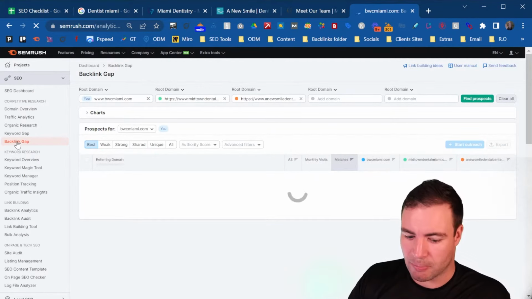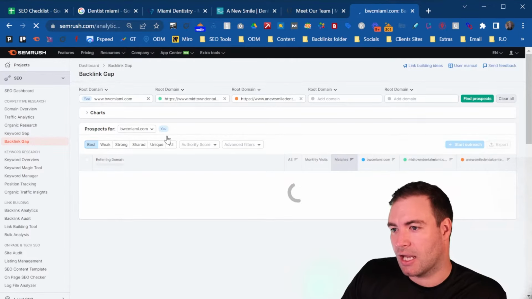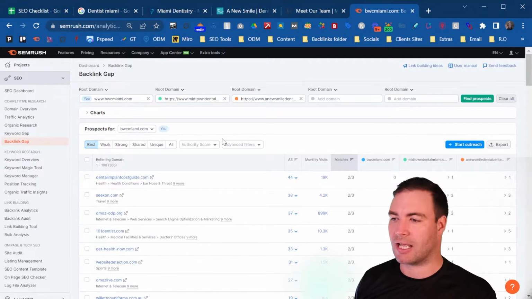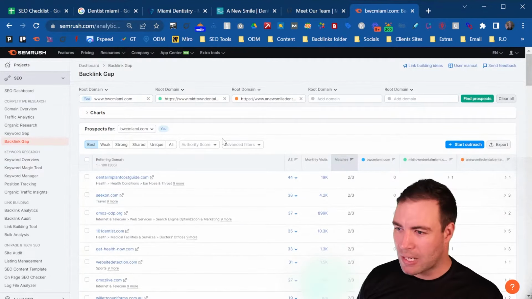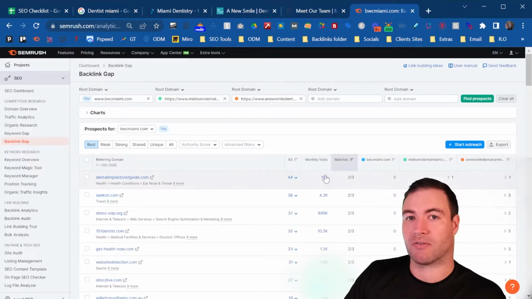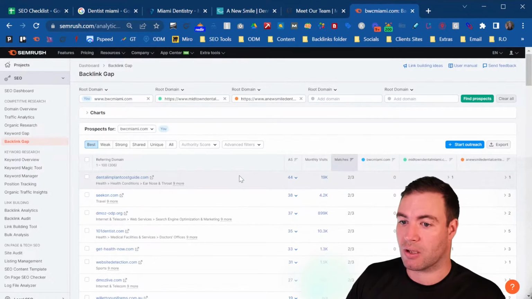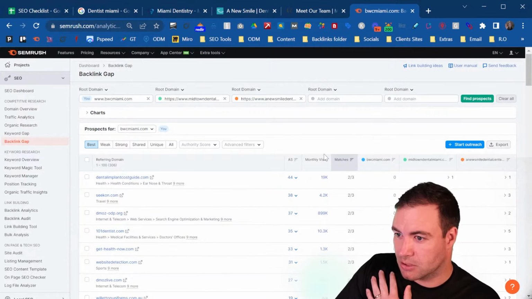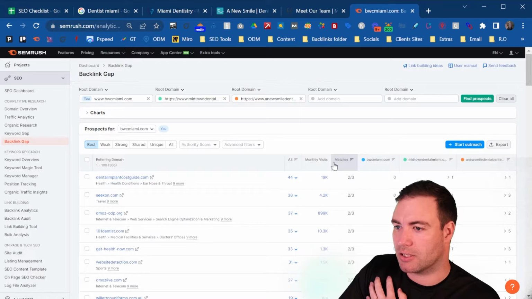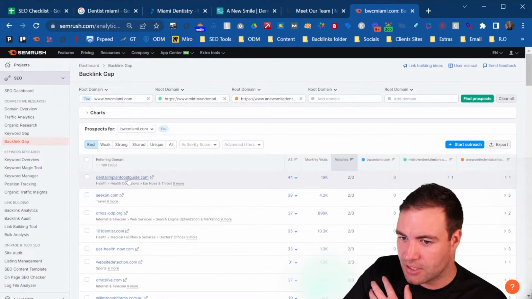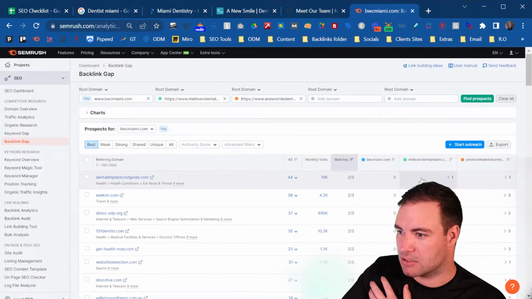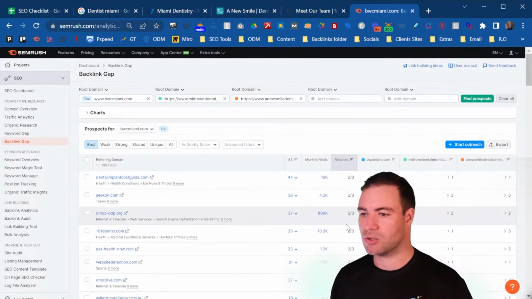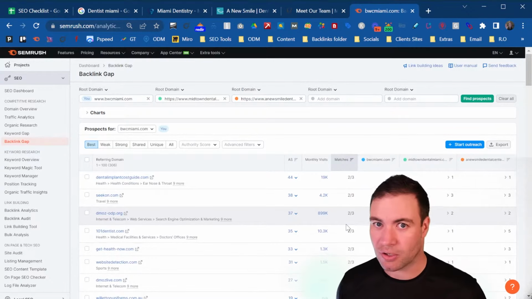So I just clicked on the backlink gap over here to the left, and now it's going to go through and be like, okay, what does Midtown and a new Smile have that we don't have? And this is where I think we're going to find a ton of info. I think this is where we're not performing well. The main column you want to focus on is this right here where it says matches, okay? As you can see, this domain right here is sending a backlink to this guy and to this guy, but not to us. Wherever there's a 2 out of 3 and you're not on it,